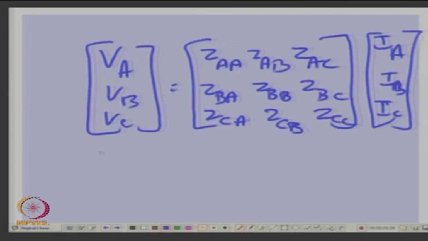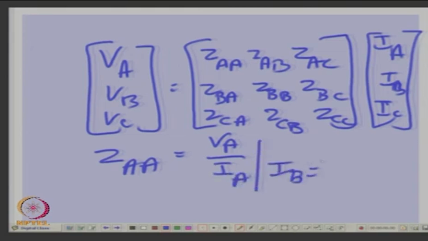Now, what will be ZAA? That will be VA by IA when IB equal to IC equal to 0,